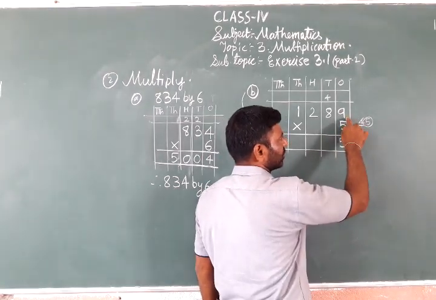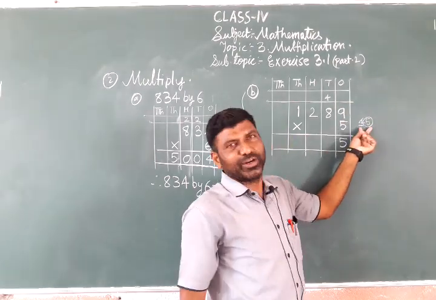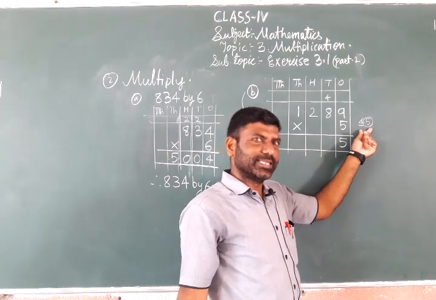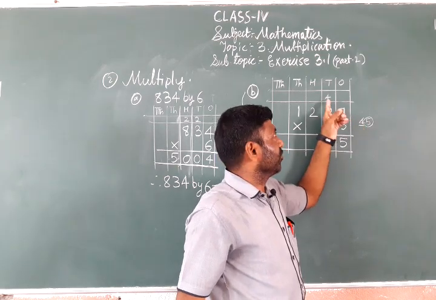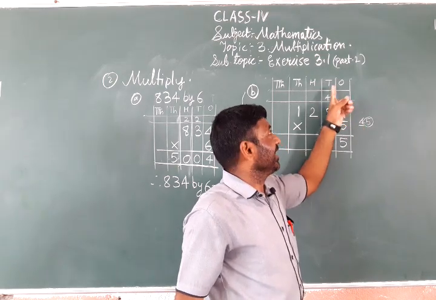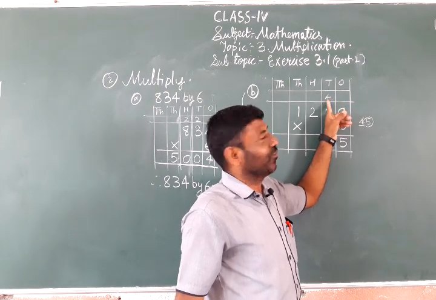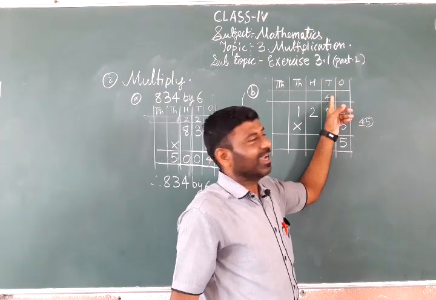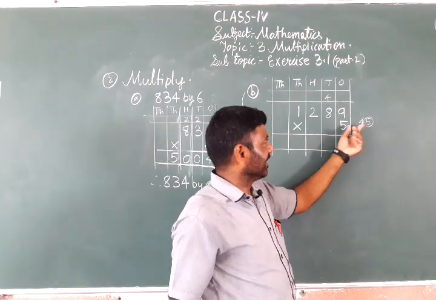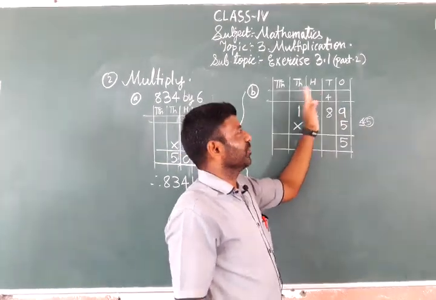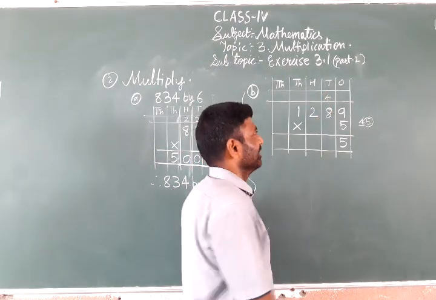We are multiplying by a one-digit number, the ones place digit, and this is 45. 45 means 40 plus 5, and 5 I wrote here. 40 remains, so I wrote 4 in the tens place. So what is the place value of 4 here? 4 tens are 40, is it? Understand? That's why the carry should be forwarded to the next place value. Understand? This is the meaning.